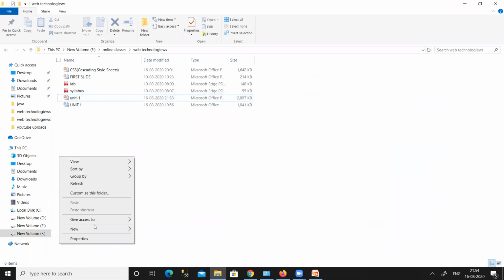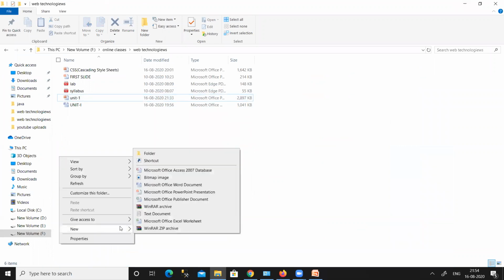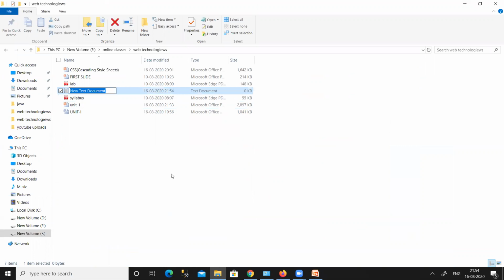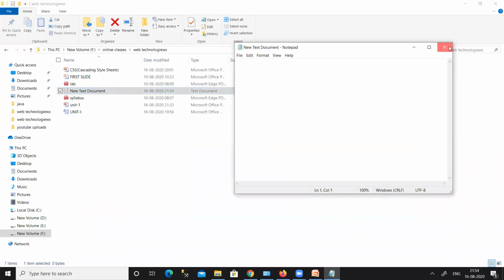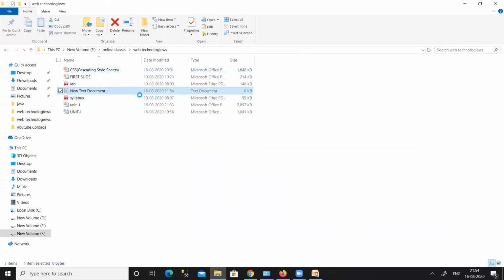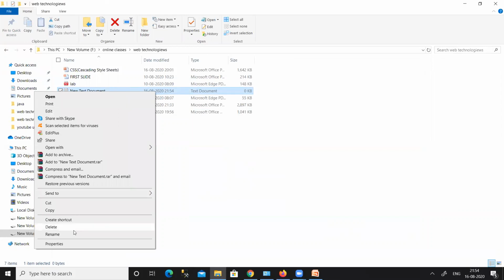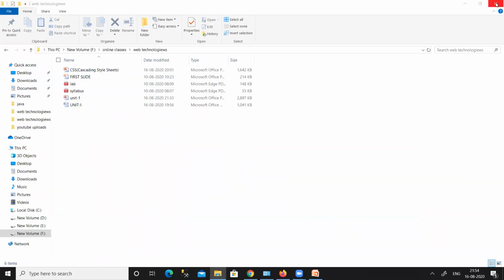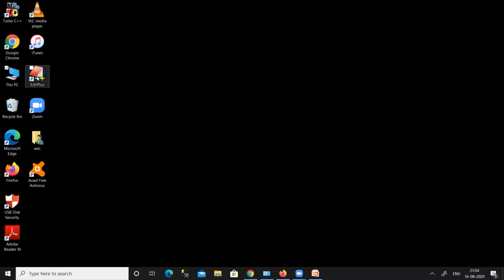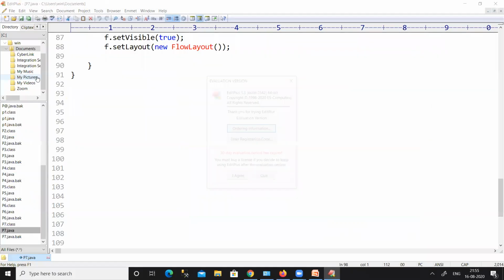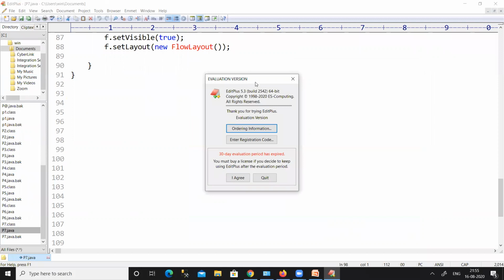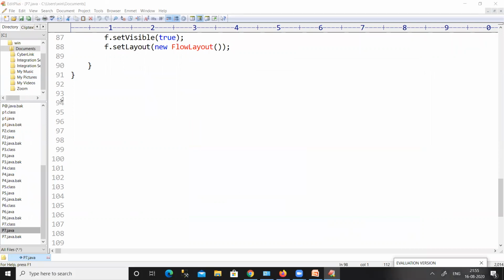start with a simple HTML code. Right click on my computer, go to the new option and select a text document. Or you can write the code in the text document, or if you have something like Edit+3, you can simply open that app and write all the HTML code in it.